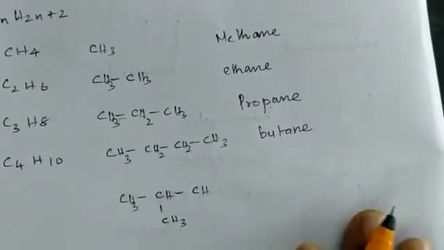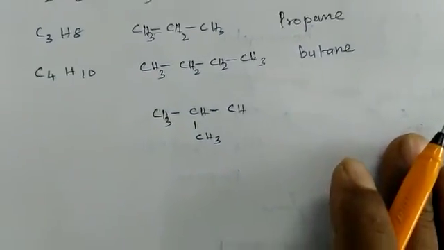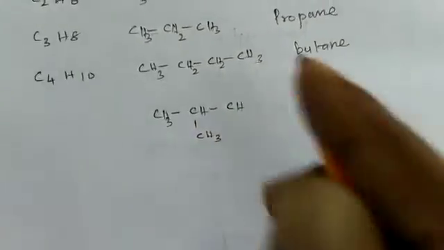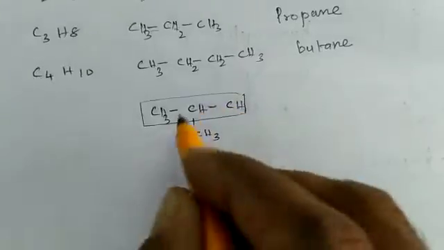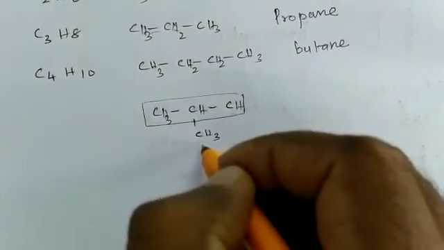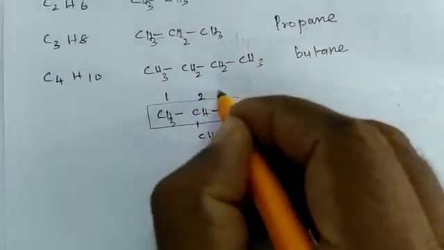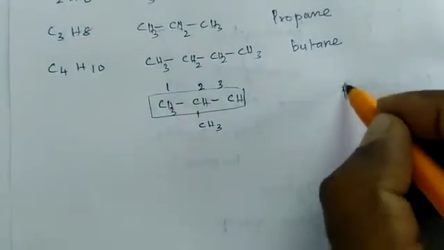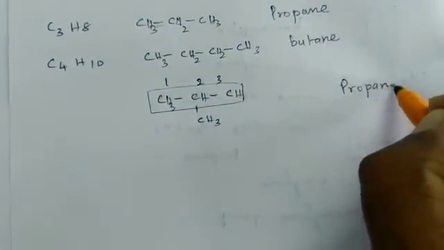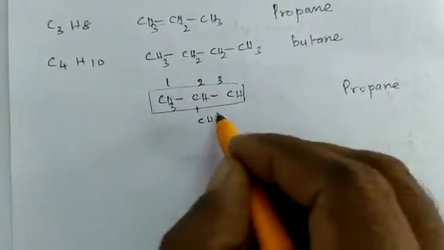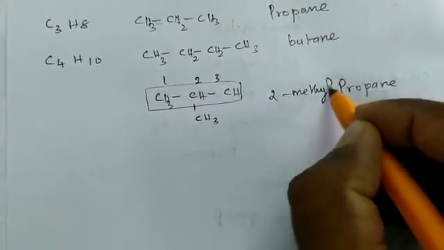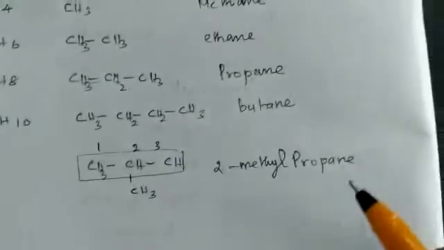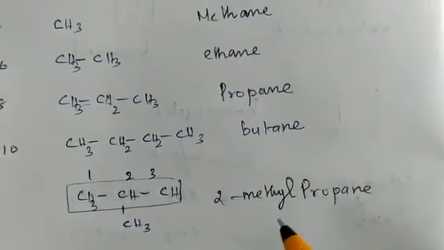When we consider this compound, we have to use the IUPAC rules. Select the longest carbon chain. So this is the main chain. For numbering, both sides the branch becomes 2. So 1, 2, 3. A 3 carbon hydrocarbon is propane. At the second position, the branch is a methyl group. So this is 2-methylpropane. Okay, this is the IUPAC system.